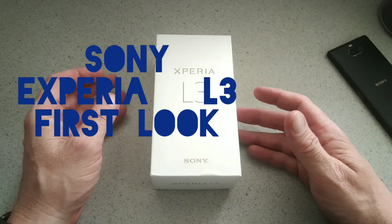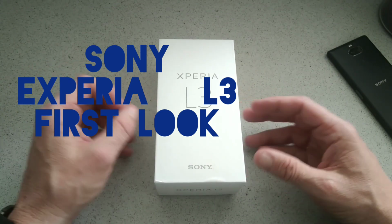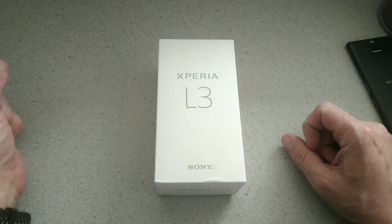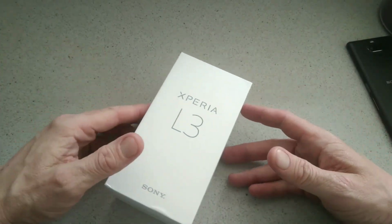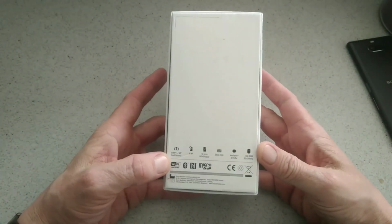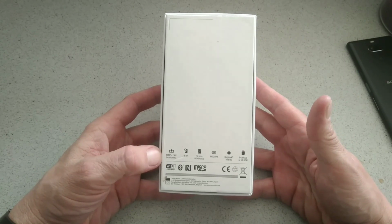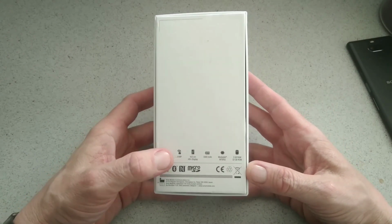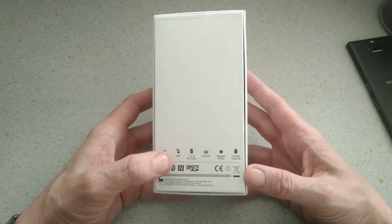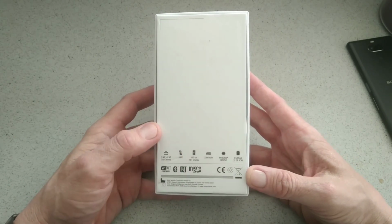We're going to give you a first look and walkthrough of the new Sony Xperia L3, updated from the L2 last year. So here's the packaging here, pretty simple and basic. On the back it'll give us some specs. We've got a 13 megapixel and 2 megapixel dual camera setup with flash, 8 megapixel front facing camera, 14.5 centimeter